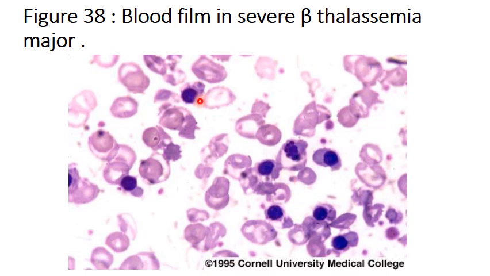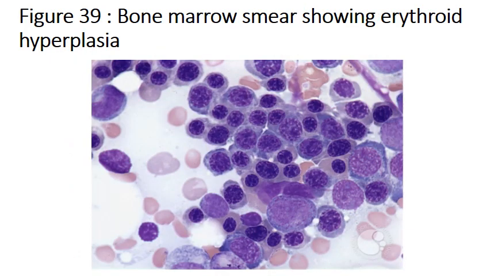This is a nucleated RBC. This is a nucleated RBC. This is a bone marrow which shows erythroid hyperplasia, an increase in the number of normoblasts, an increase in the number of progenitors of the